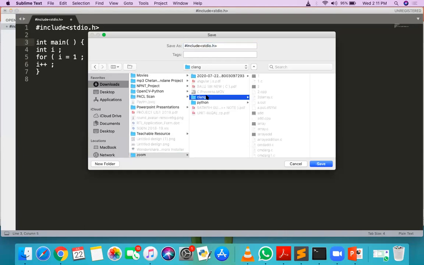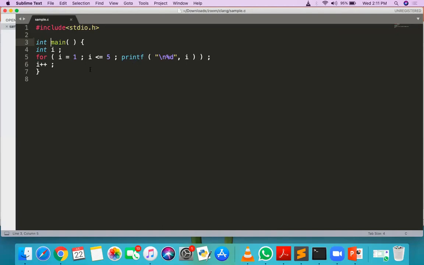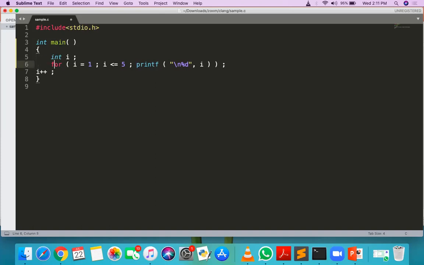Okay, int main, and then integer i, then for i = 1, i < 5, and then i++.